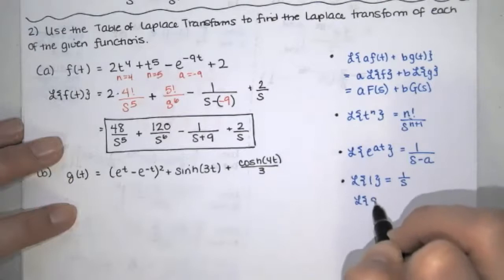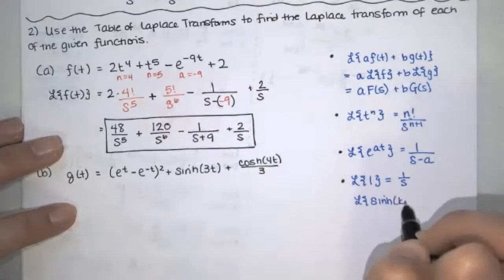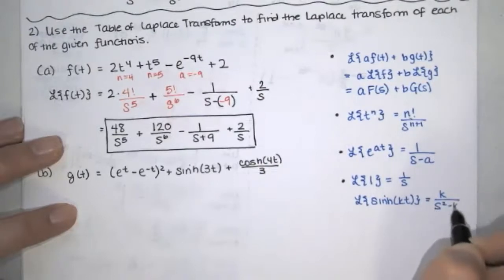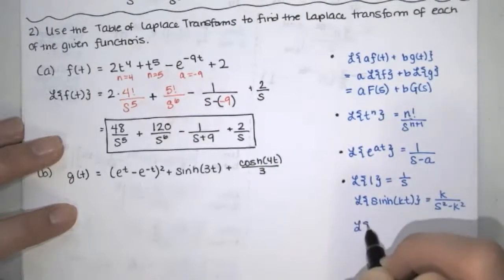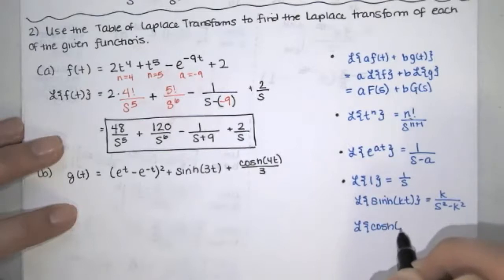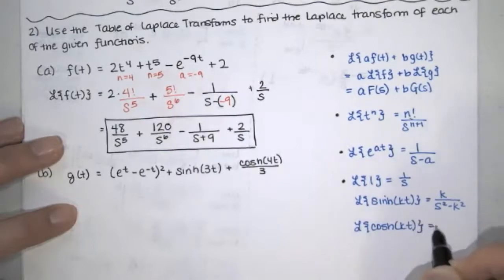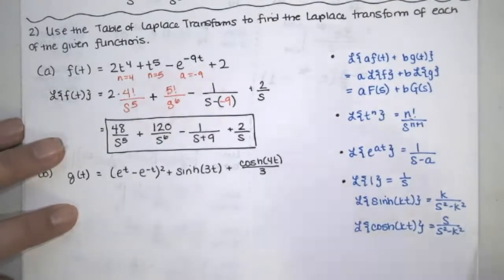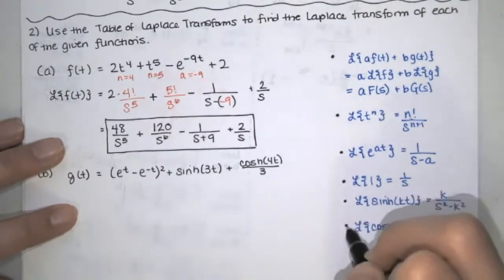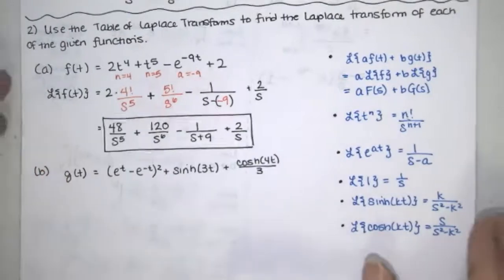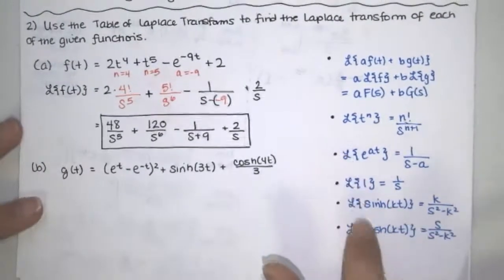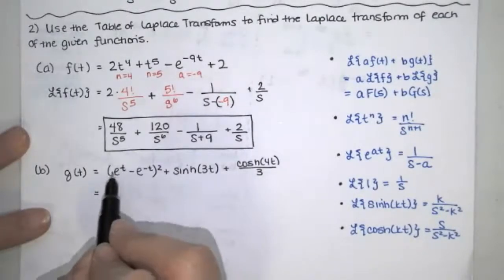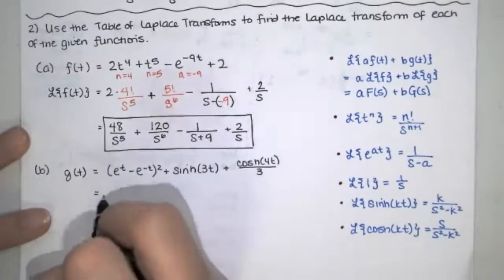We know that the Laplace transform of the hyperbolic sine of kt is k over s squared minus k squared. And the Laplace transform of the hyperbolic cosine of kt is s over s squared minus k squared. Okay, so I think this one and this one will allow me to evaluate this. The first thing that I would do though is square this. If I write this twice in FOIL,